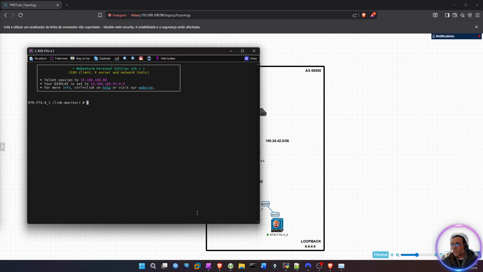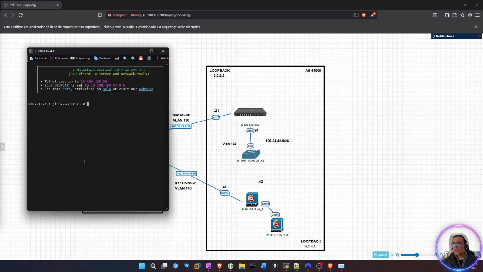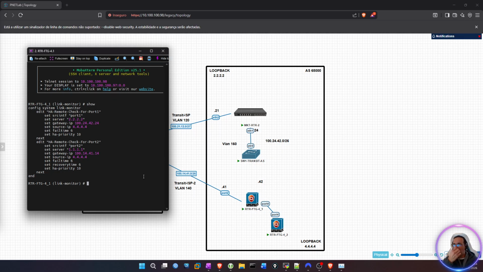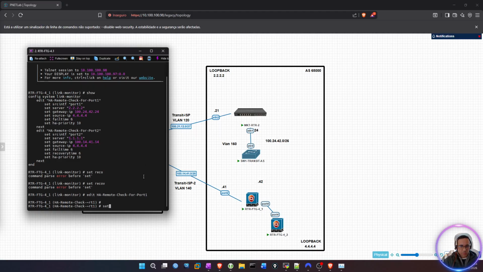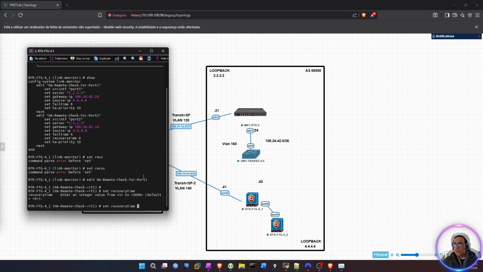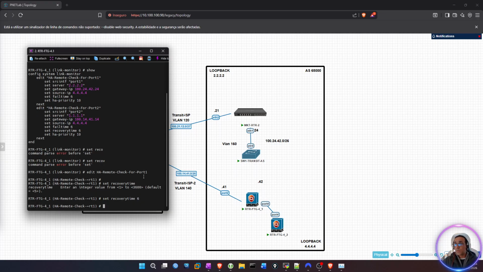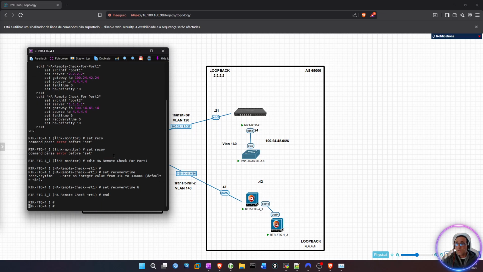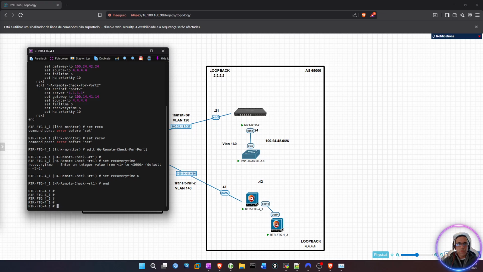I was configuring the link monitor. So let's see what happened here. Okay, it got the commands. Let's edit our HA number 1 and set the same. Set recovery time to 6. And okay, now that we have achieved this configuration,